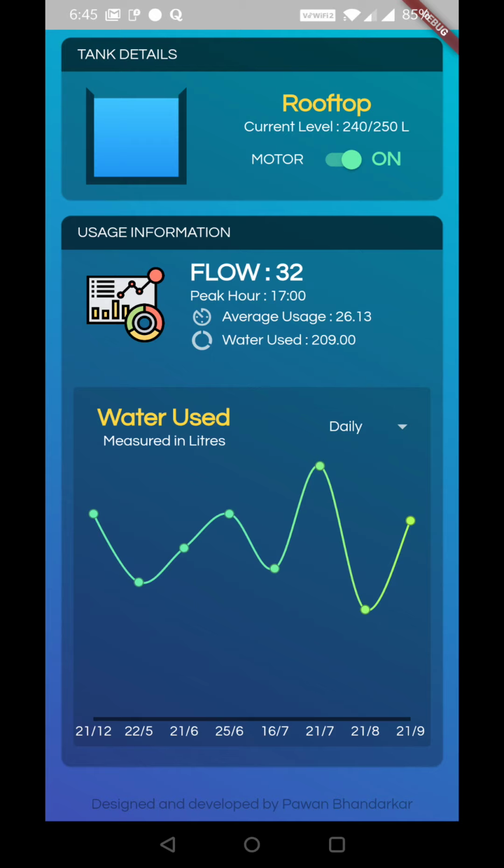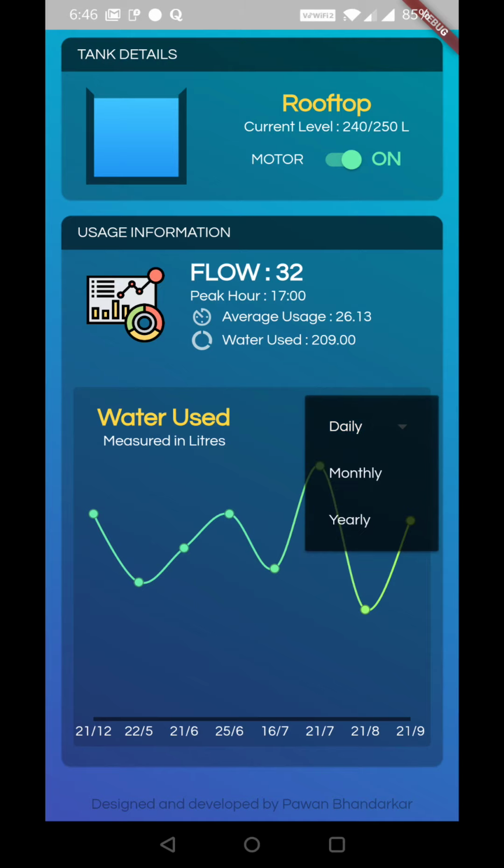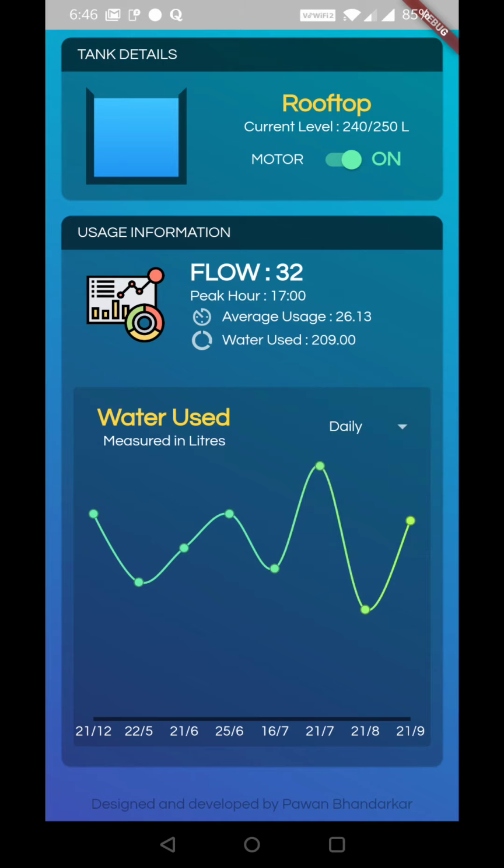So at the bottom here you can see the graph, right? This graph is actually an interactive graph, and based on the delimiter chosen, it gives you interactive information about the usage in that time span. For example, if I choose to delimit on a daily basis, it shows me the information, as you can see, divided by dates, right? And as you drag across it, you can see the exact value at that point in time.